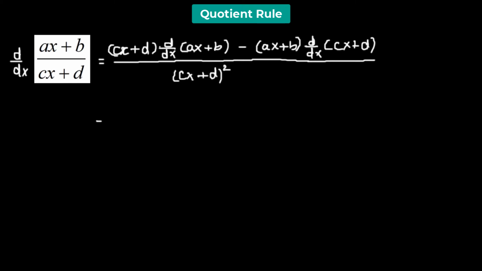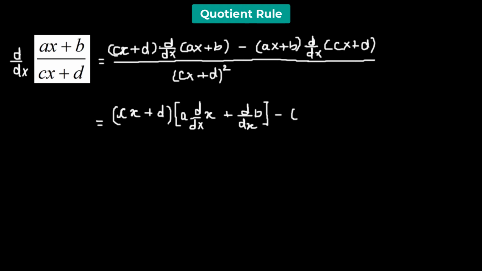So now, finding the derivative, we have cx plus d multiplied by the derivative of ax. Now a here is a constant, so that can be pulled out of the derivative, leaving us with only x inside, plus the derivative of b